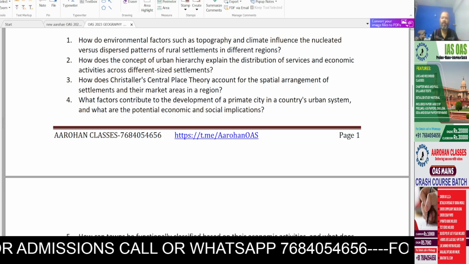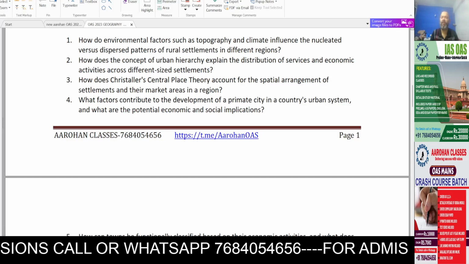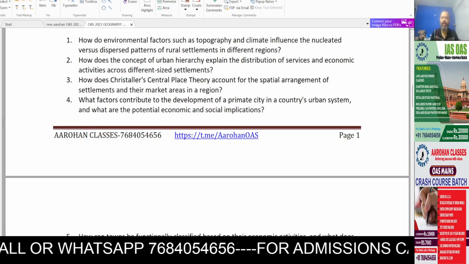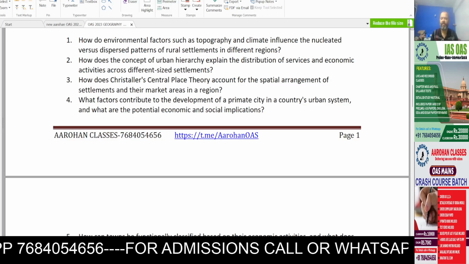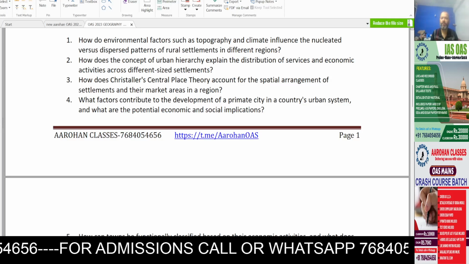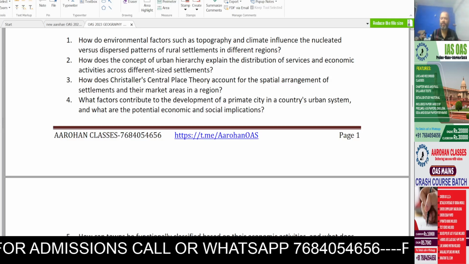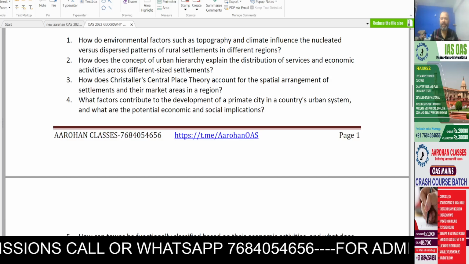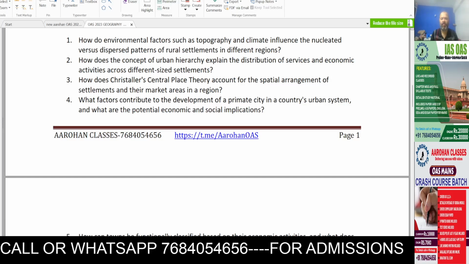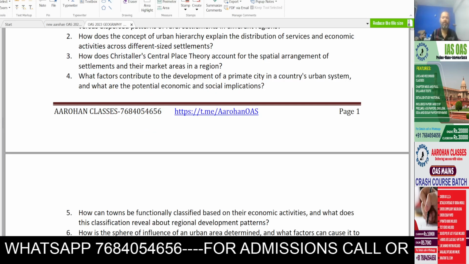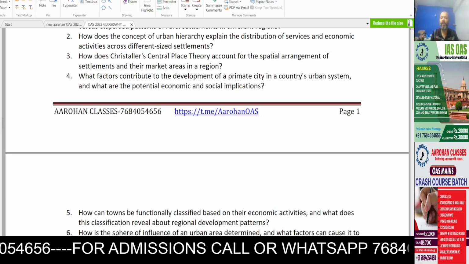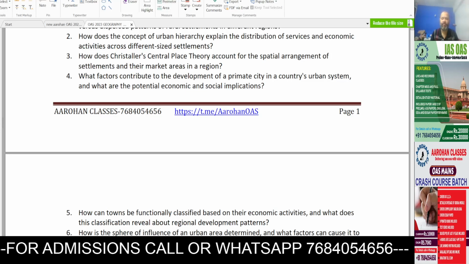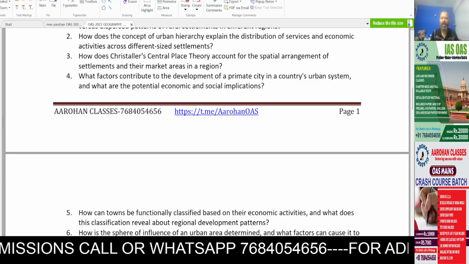Question 1. How do environmental factors such as topography and climate influence the nucleated versus dispersed pattern of rural settlements in different regions? Question 2. How does the concept of urban hierarchy explain the distribution of services and economic activities across different size settlements? Question 3. How does Christaller's central place theory account for the spatial arrangement of settlements and their market areas in